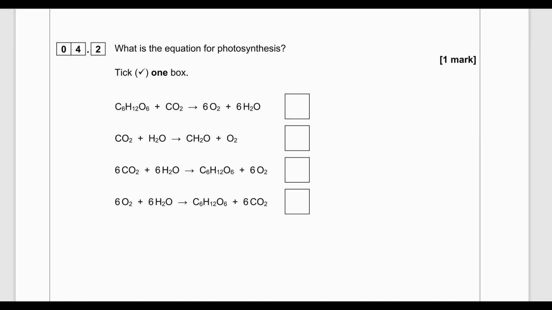4.2. What is the equation for photosynthesis? Tick one box. So they've given us it as symbol equations now. So we've got to remind ourselves about our symbols. So the first thing about photosynthesis is that its role is to make food for the plant, which is glucose. And our formula for glucose is